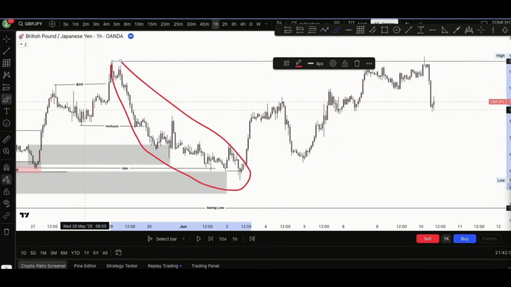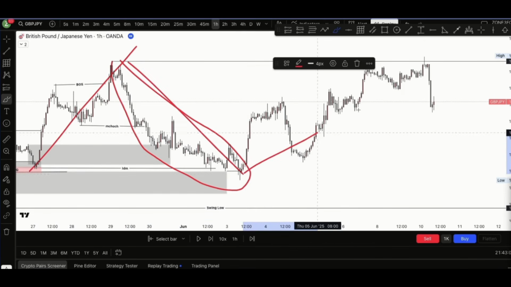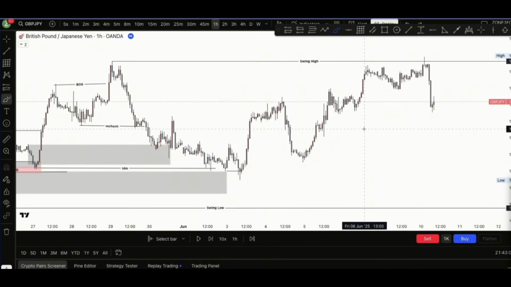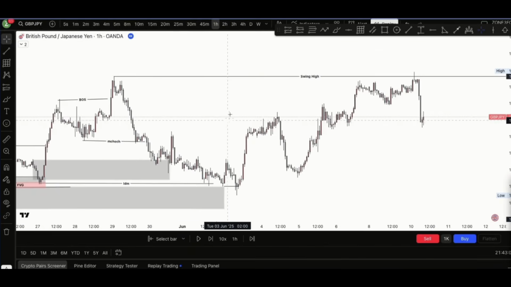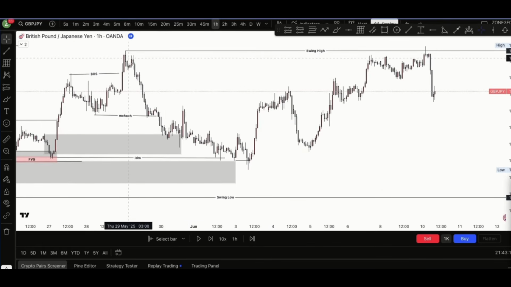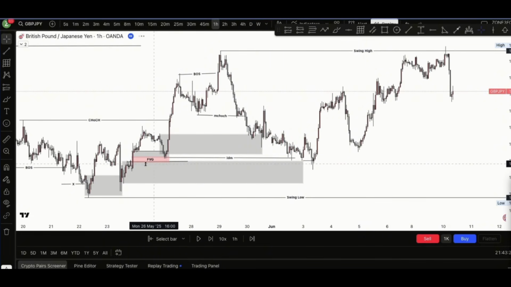This one is the main structure. So this is a pullback substructure, and this is a minor structure. If you understand this, then you are almost getting it well. Okay, good. So now, when the substructure was coming, it was coming with a bearish momentum. So you cannot be buying when the market is coming with bearish momentum. So when you go to this 4-hour point of interest,